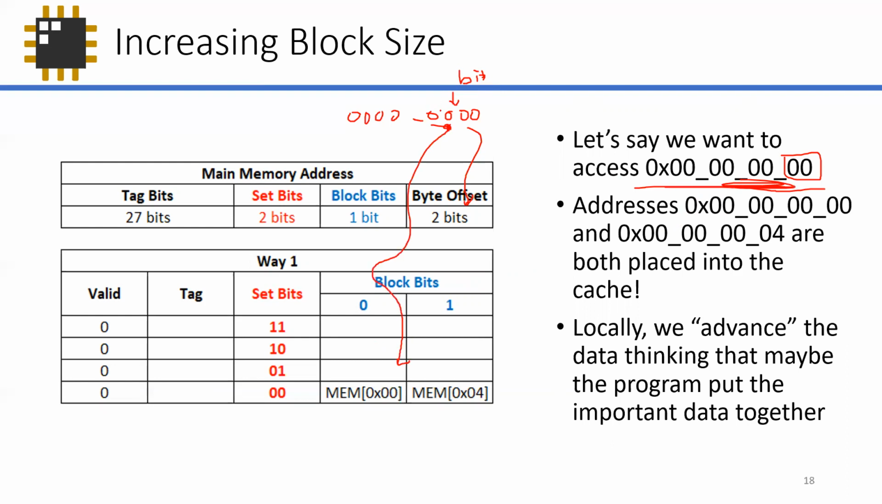And my set bit, by the way, is this one, right? So it's 00. My block bit is 0, so I'm going to store it in here. Now, the tag bits, obviously the upper ones, are the same. 000 as well. Now, what if I'm going to access, or rather, because